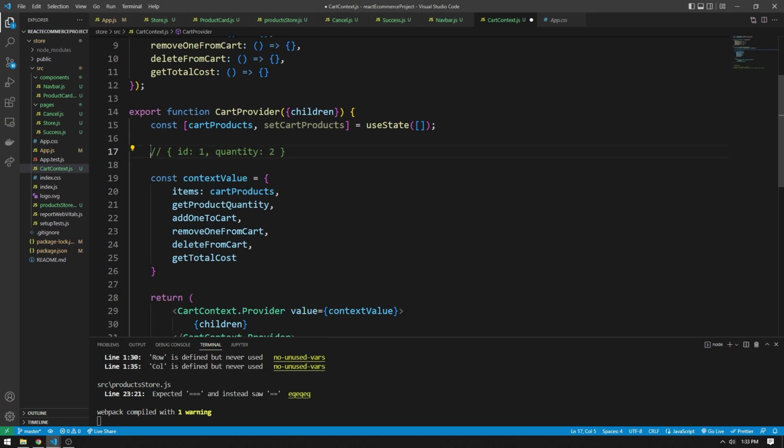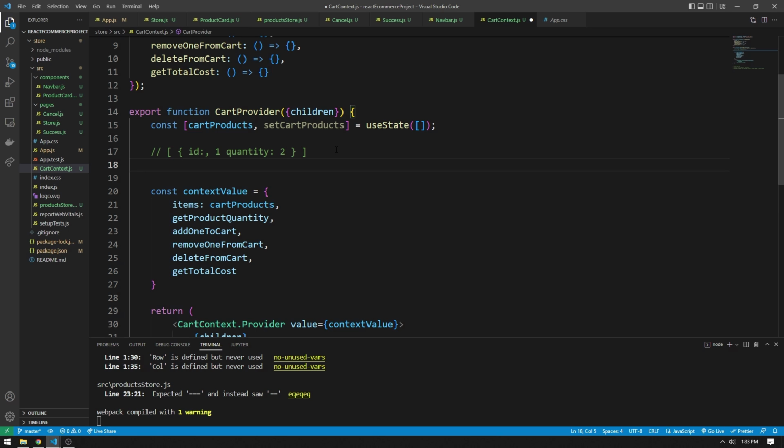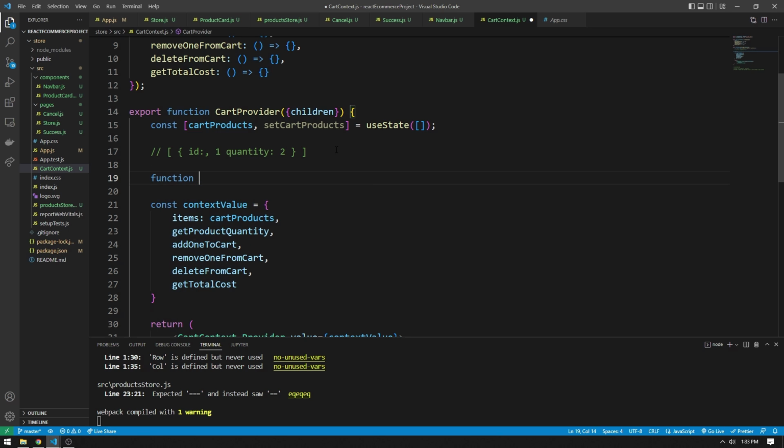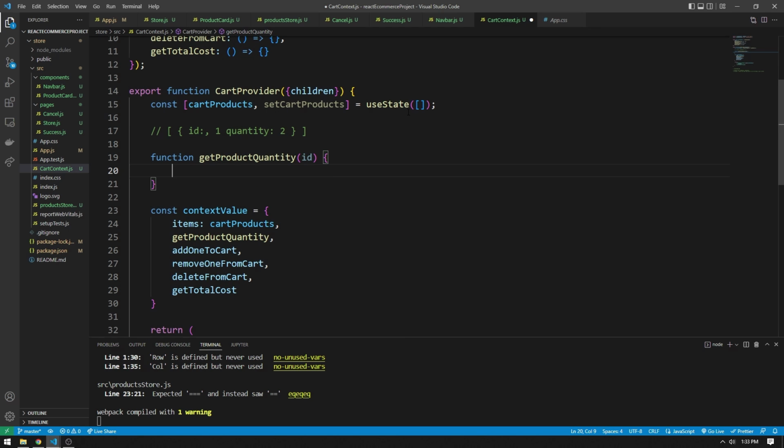And so I'm going to leave this comment here just to show you guys this is the data that we're working with. And a cart with, let's say it has 2 ID1 items, a cart would actually look like this. So our cart products array would look like this, for example. So if we wanted to figure out the quantity of, let's say, a certain ID, we can make the function here where we can say function get product quantity, have it be a certain ID, and we can say, okay,